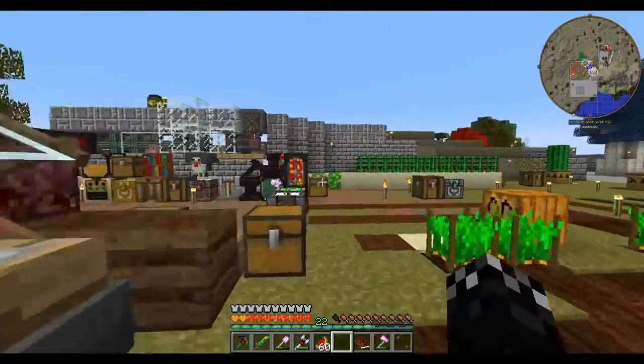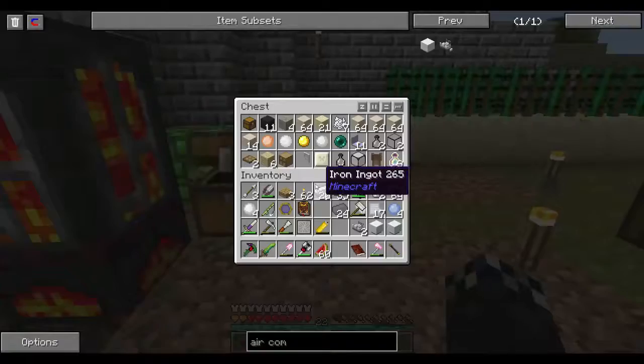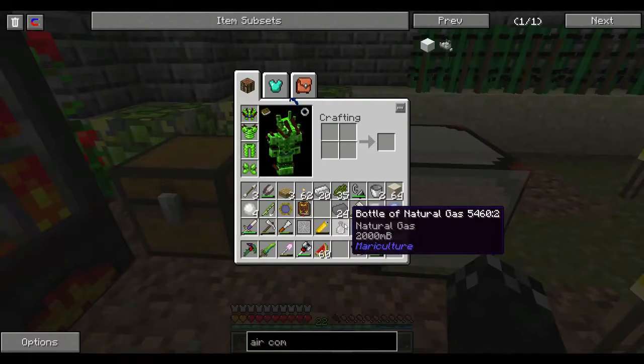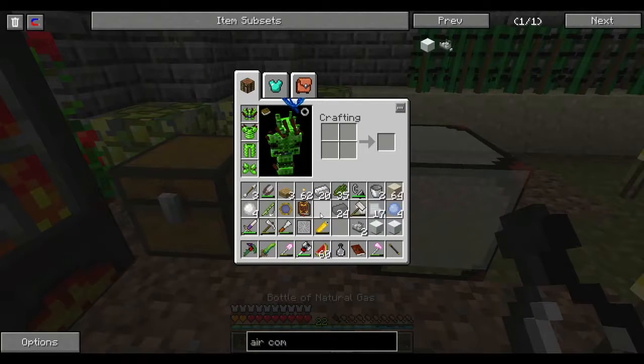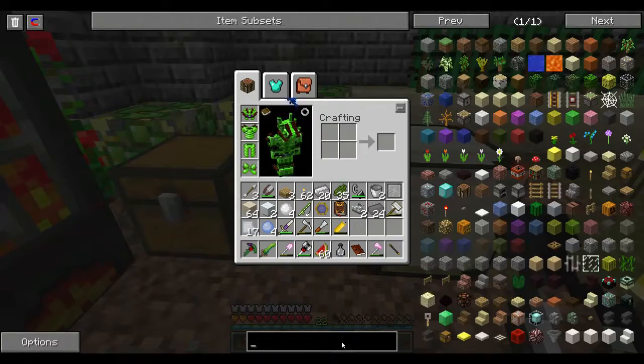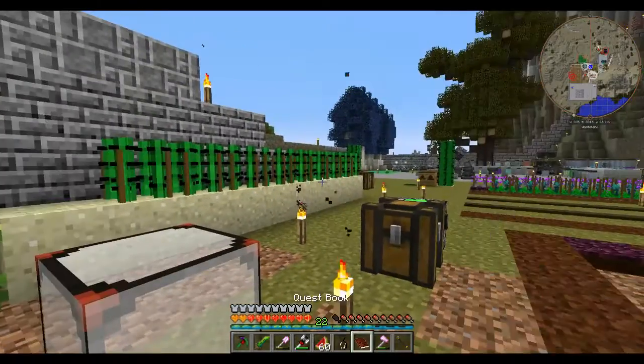We've got all this natural gas. So what I'll do is grab this tank that I've already started working with. We'll place it there. And I've got the bottle here. We're going to need a lot of black dye. Let's get our...